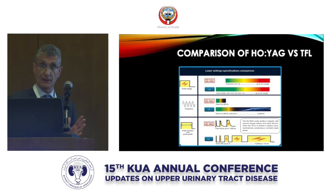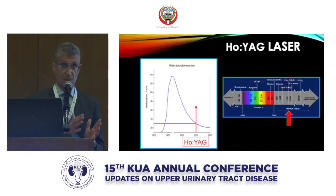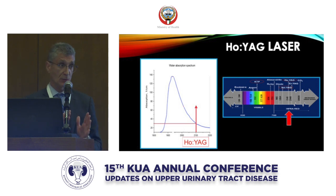Pulse length is another thing that has been identified as a difference between the two wavelengths. I think, though, the question here is whether or not this makes any clinical importance. The impact may not be quite as significant, although this remains to be seen. We do know in theory, though, that there are some advantages to the ability to vary the pulse length or